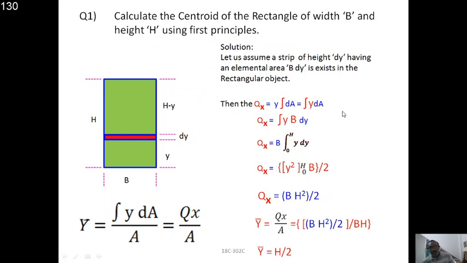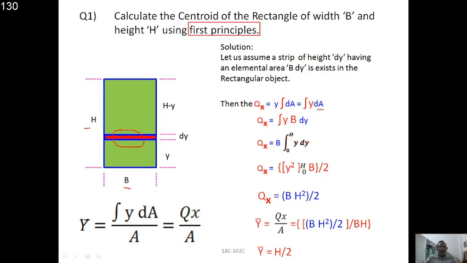So now you see the simple figure. I am taking a rectangle having width b and height h. It is a rectangle. So you know, you better understood now that for the first principles we require some dA, that means a differential element area. So for this I am taking this portion as a differential area.